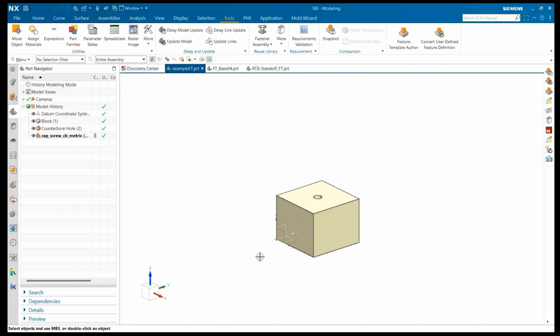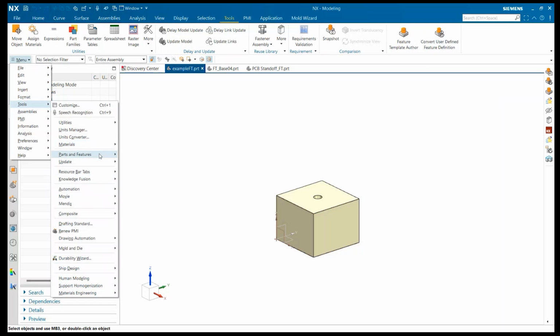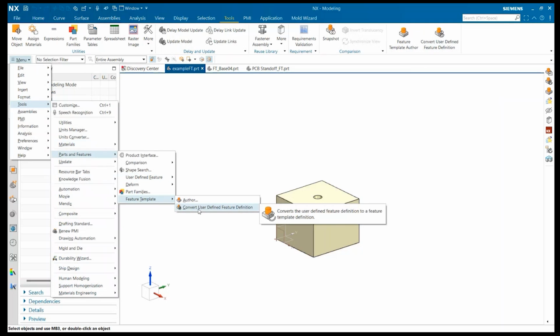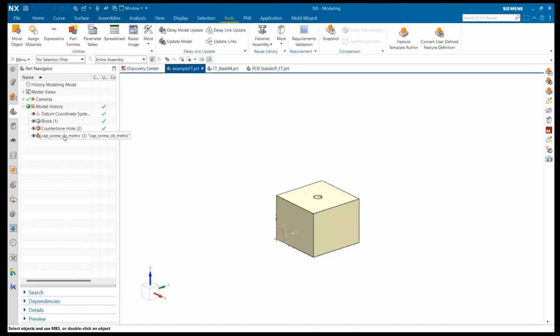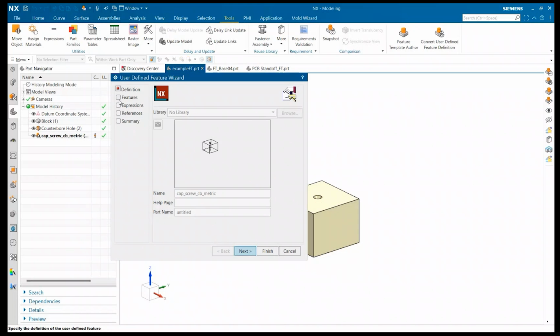Here we have a UDF of a cap screw. UDFs are very similar to feature templates, but they don't allow for as much personalization and customization. So Siemens has gone ahead and added the ability to convert those UDFs into feature templates. You can do that by using the Convert User Defined Feature Definition utility right here. You can also get to this by going to Menu, Tools, Parts and Features, Feature Template, and then Convert User Defined Feature Definition. If we take a look into this UDF, we can see that it has all these features